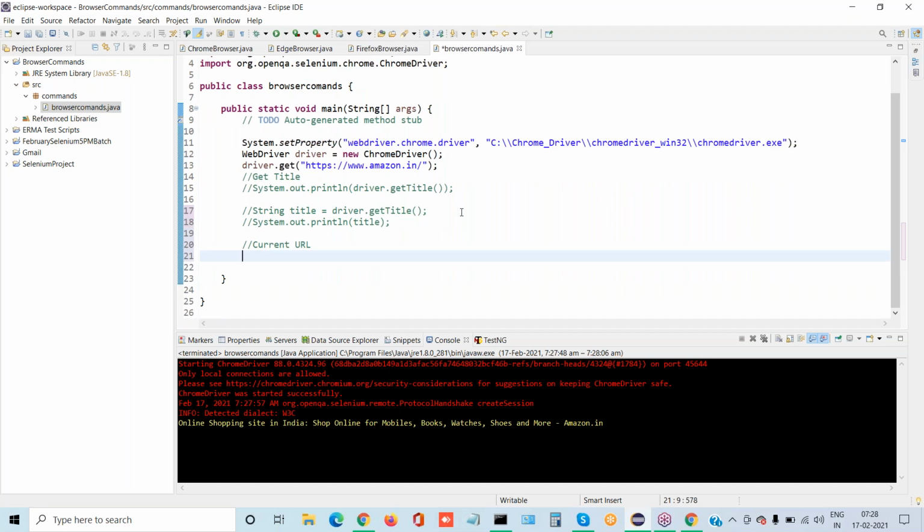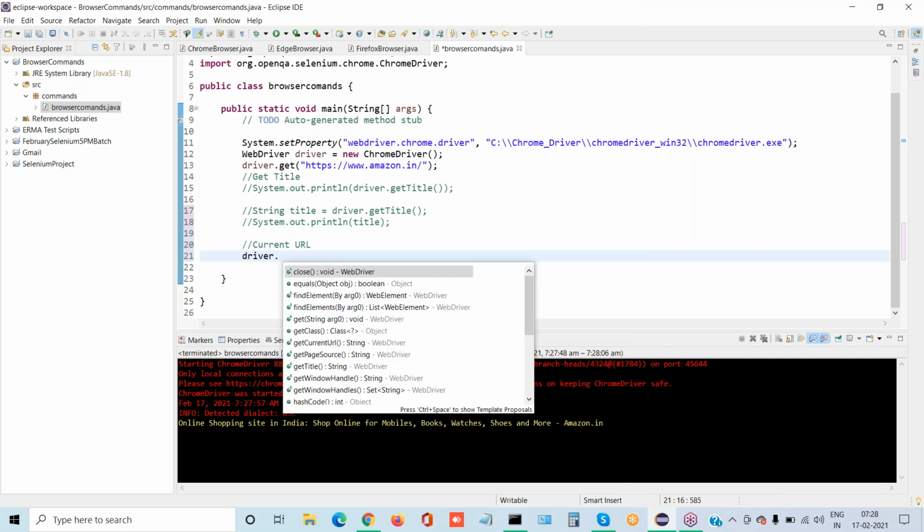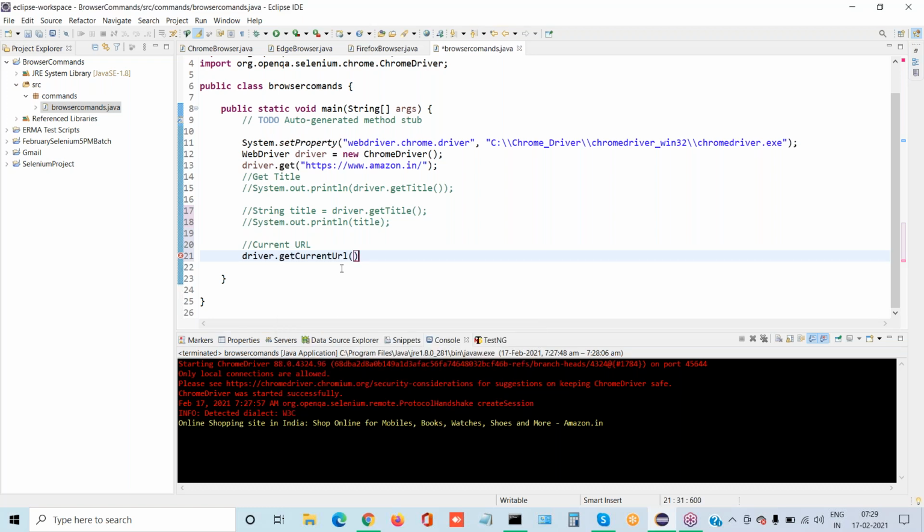Write driver.getCurrentUrl, put a semicolon, and print this.